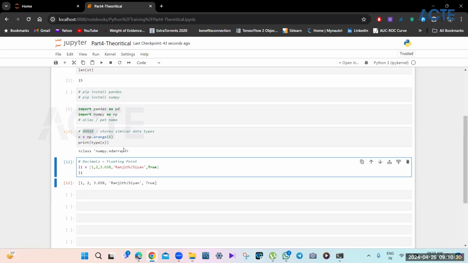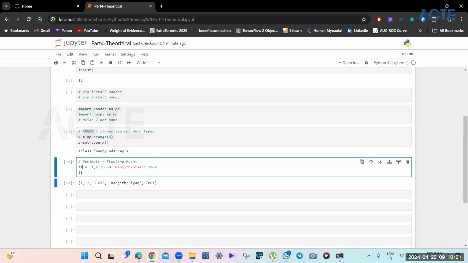Okay. An array means completely numerical values. Yes, only the same type. The type has to be the same, numerical, but not a mix of character and numeric. It has to be only one type, not a mix. So that is the basic difference between an array and a list.